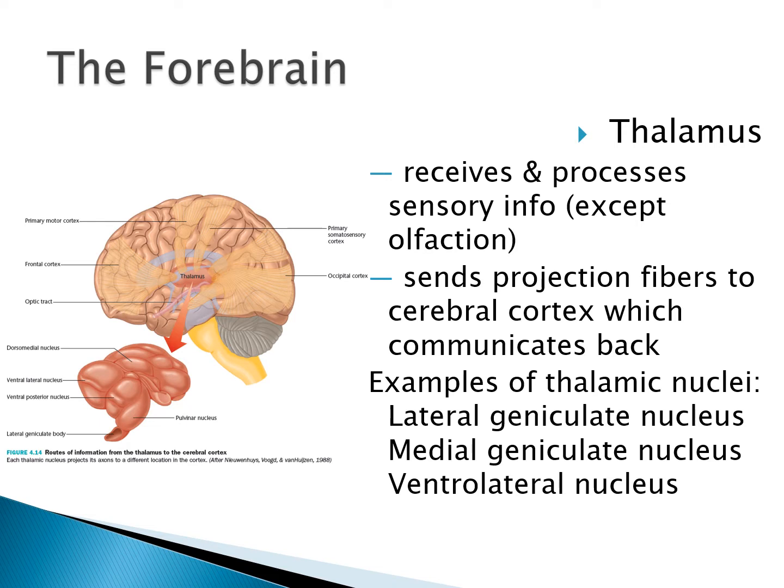So what the thalamus is doing is it's receiving and processing our sensory information, everything except for olfaction. I'm going to make a pretty big deal about this when we talk about sensation and perception and we get to talking about olfaction or smell. This is the one sense that does not go through the thalamus, and the thalamus is doing this kind of